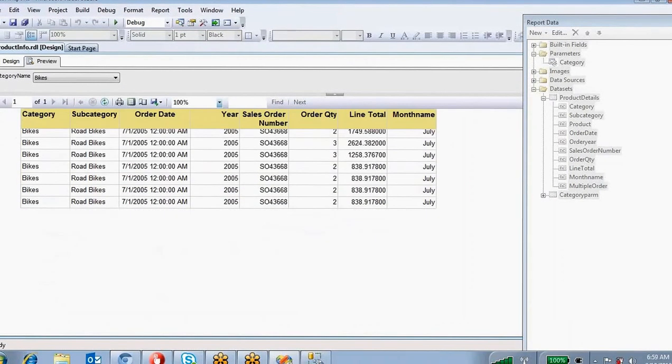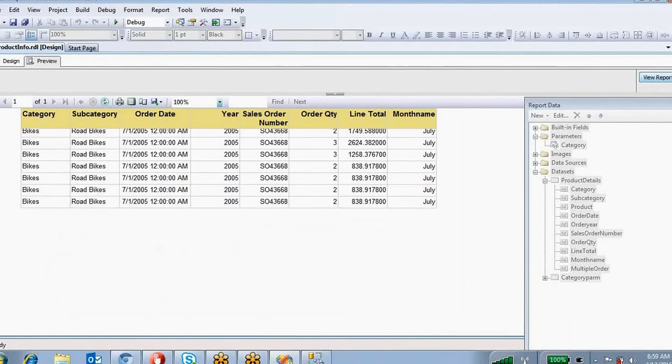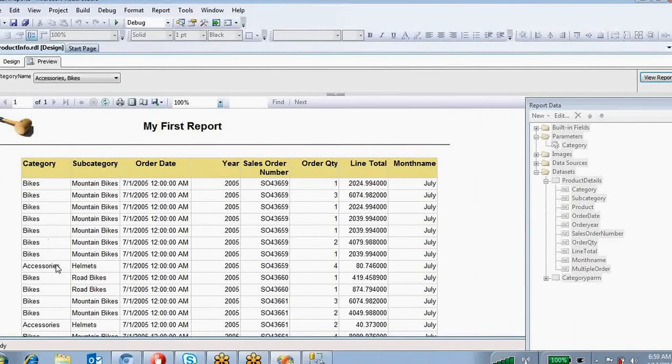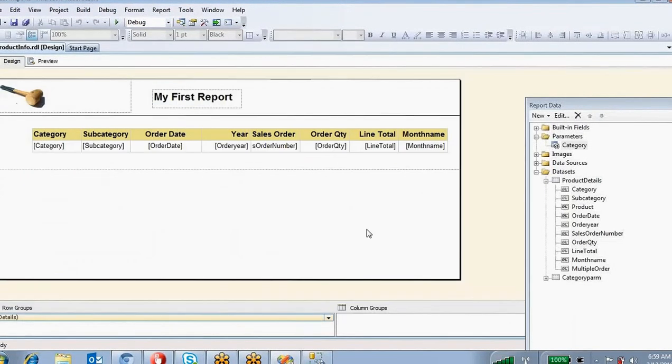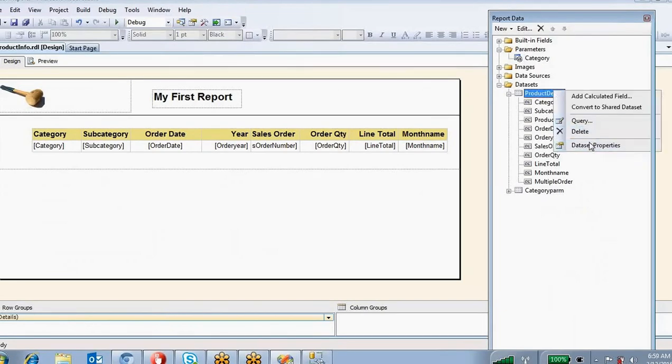See, you can select this one also. Accessories and bikes information is displayed. So that is the way you can create a report level parameter, by applying the filter at data set level.